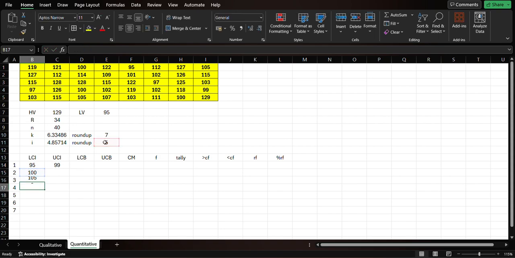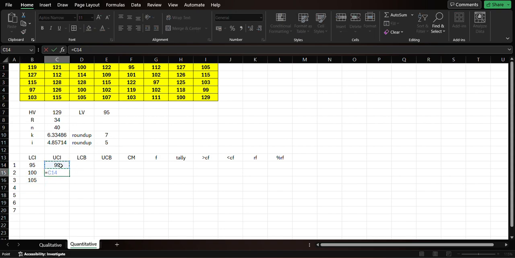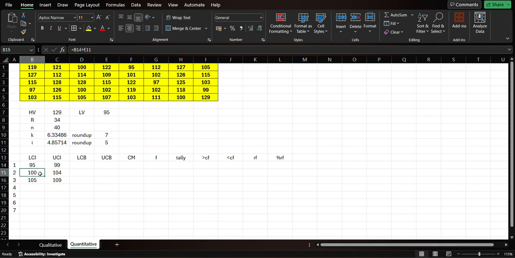Now, for the second group, it would just be the previous interval plus I. So that would be our formula again and again: the previous interval plus I. Similarly, for the upper class interval, that would be the previous plus I, the previous plus I. Since the formula would be the same for the next groups, which would be the previous interval plus I,